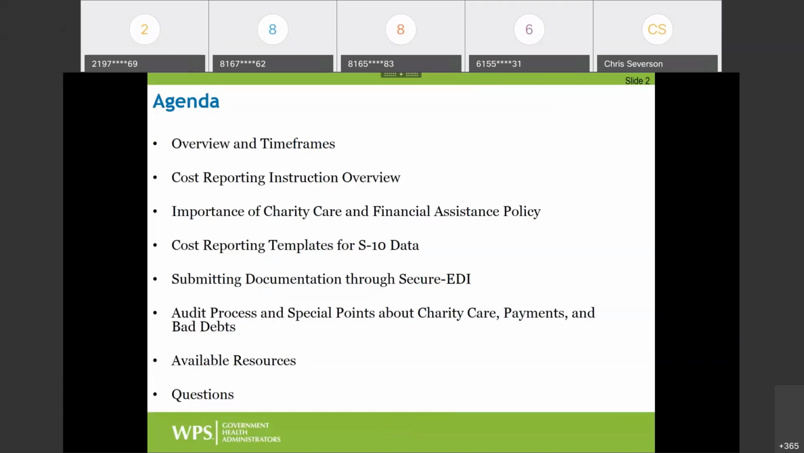And then we'll spend a little bit of time on something that some of you may not have had a chance to use yet. It's the new secure EDI portal that we're going to be using for this year to submit the documentation. It allows for larger file sizes. And then we have a little section just giving some additional information on the audit process and some special points about each of the three main elements of this uncompensated care audit. We'll talk about the available resources, and then our goal with the 2-hour session is to have some time for